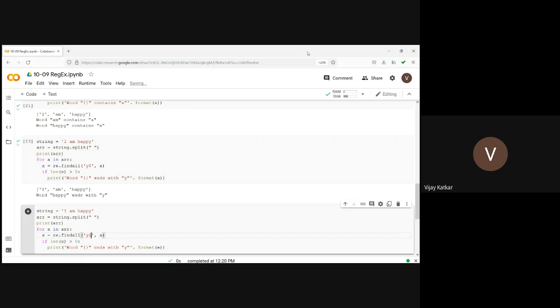So I can write here p, opening curly bracket, 2, closing curly bracket. So now here I can say it contains two occurrences of p.